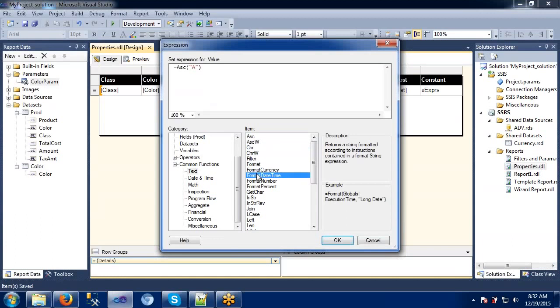So format currency. We have seen the different currency formats in SQL. The same stuff is available in this. See, format the currency here. If you want to specify the currency format, then we can display it here. It returns a string expression representing the date time value. The date time will be converted into a string and it will display here. Like this we have different options available here. So try to use these.